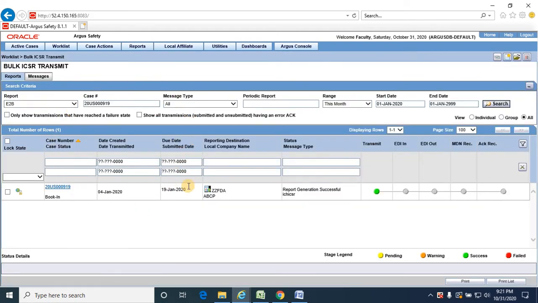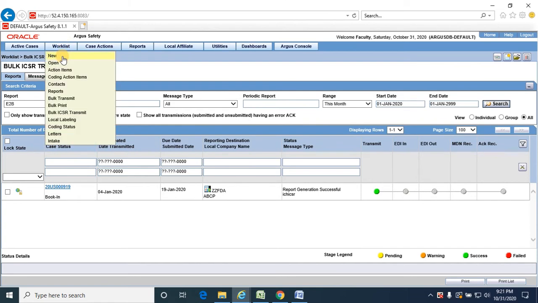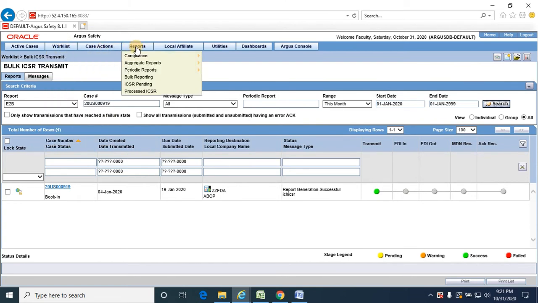So none of the places in the work list have advanced conditions, but we'll have them in other places such as reports, case actions open as I've shown, and in other places when it's required.